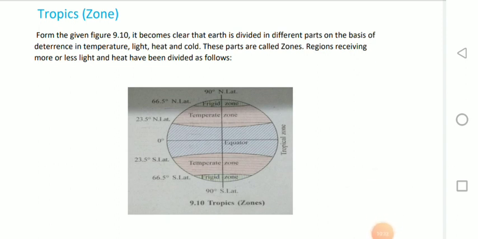From the given figure 9.10, it becomes clear that the earth is divided into different parts on the basis of differences in temperature, light, heat and cold. These parts are called zones. Regions receiving more or less light and heat have been divided as follows. According to the latitudes,